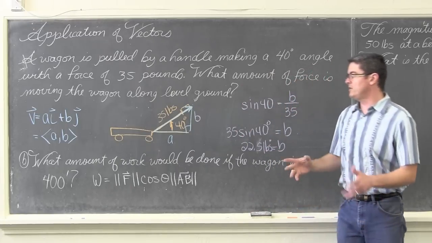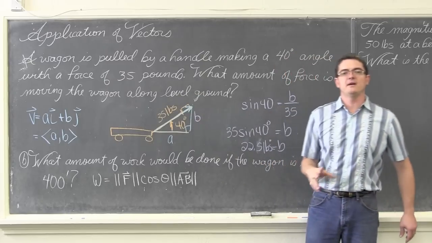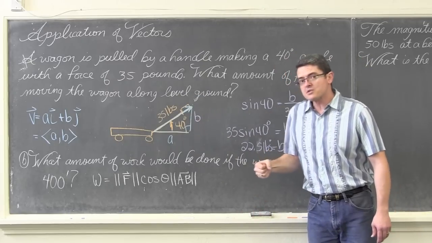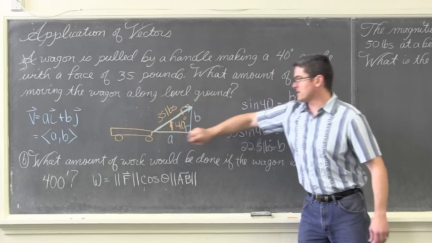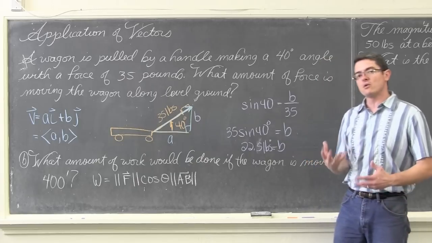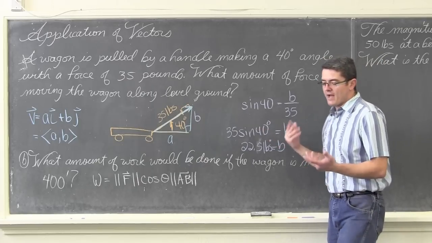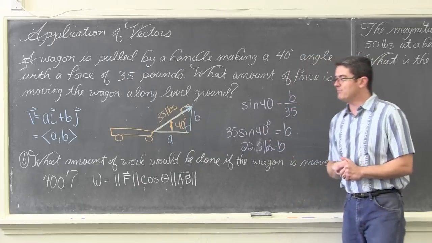Of force. So with you, again, exerting 35 pounds of force to pull that wagon, we have some energy in a horizontal component and some energy being used in a vertical component. Moving that wagon, it was 26.8 pounds.